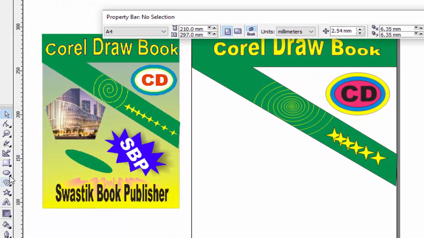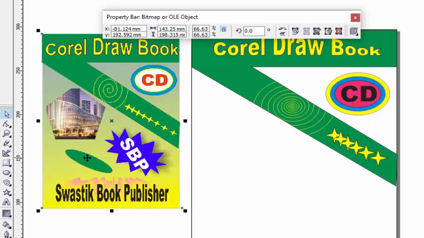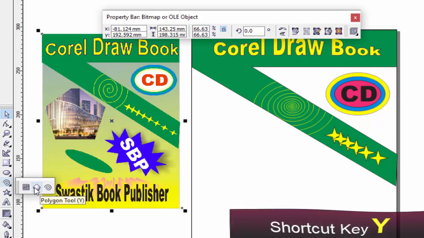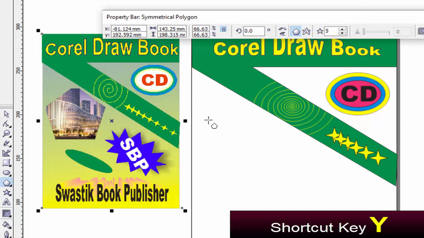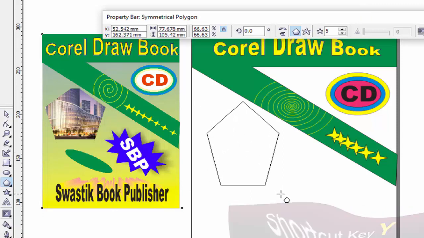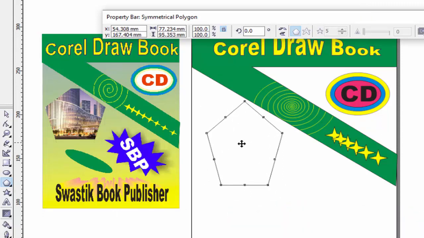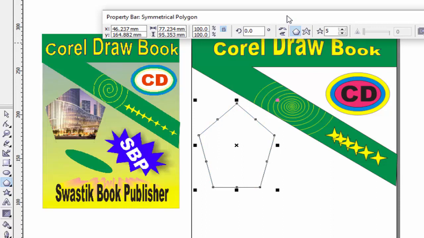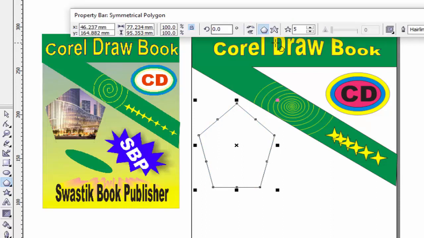And now we will create this picture with another shape, that is the polygon tool, shortcut key Y. Use this polygon tool and create the shape here like this, polygon, and this is the polygon property bar.